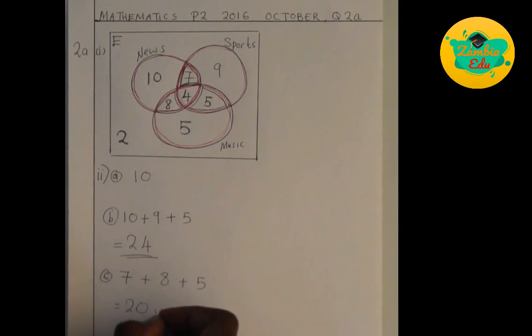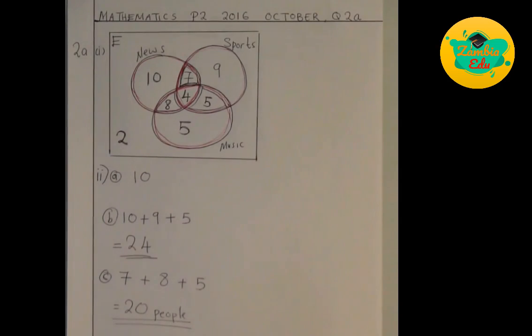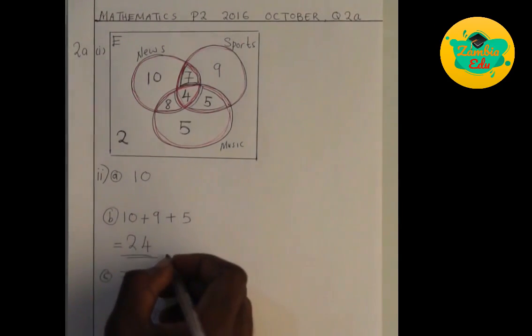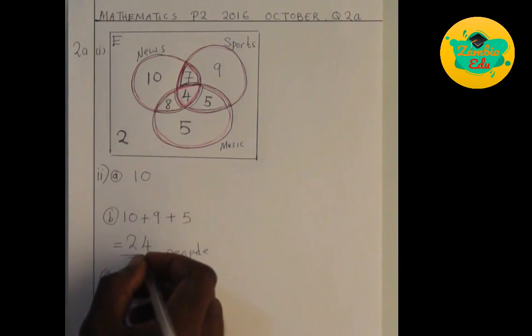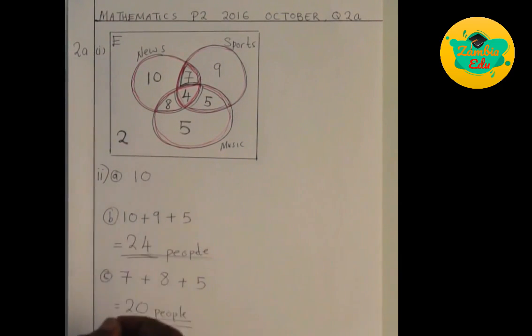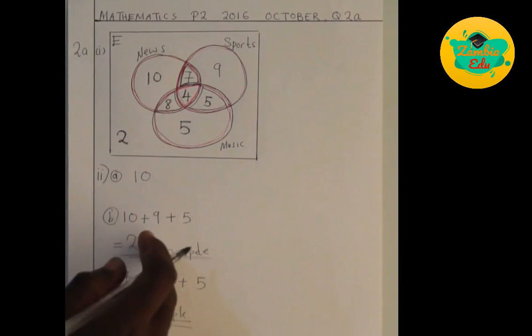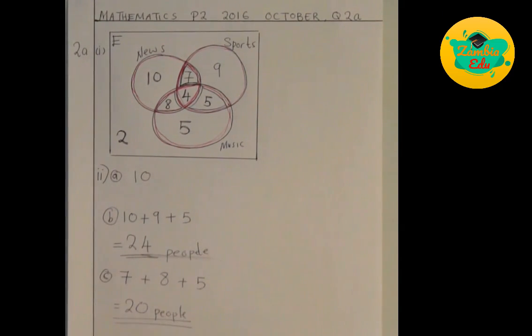So there, 20 people listened to 2 programs only, and I think even these other ones were supposed to add people there to indicate that 24 people listened on B, 24 people listened to